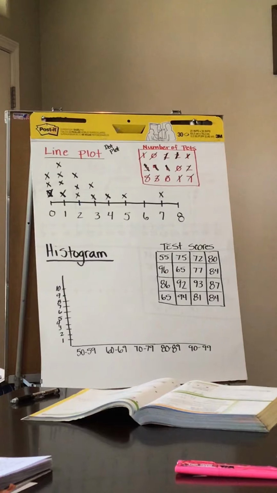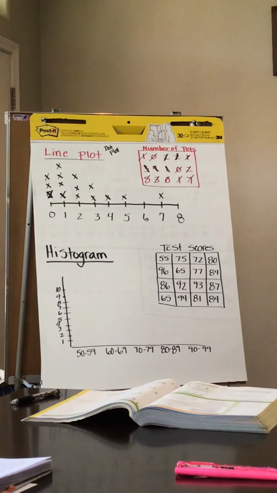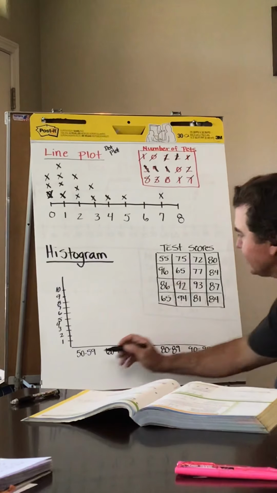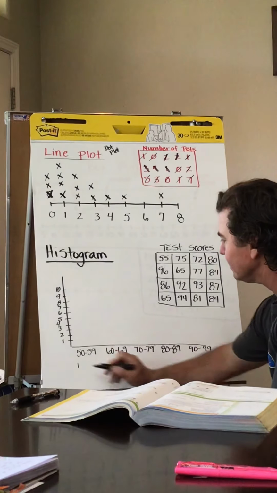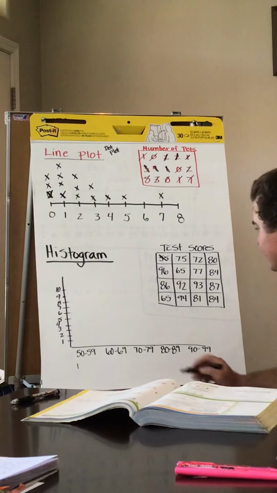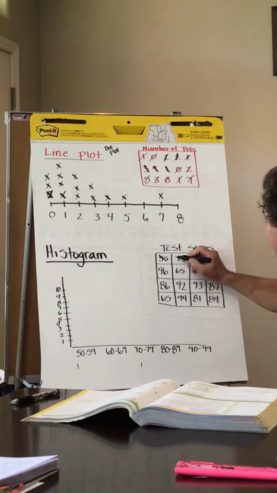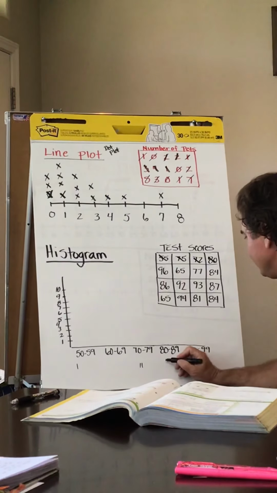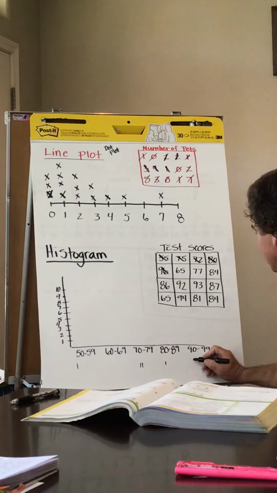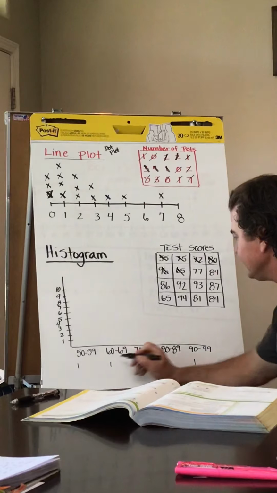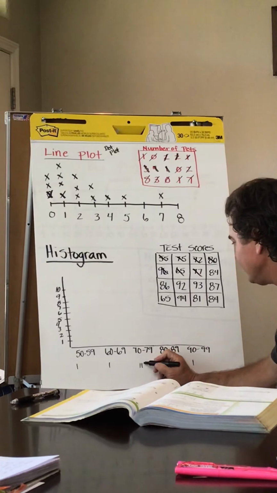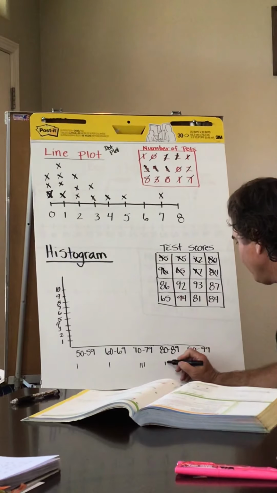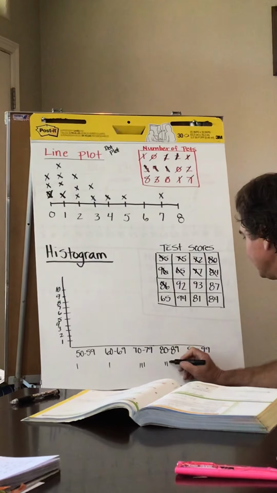All right, so again, I've got to look at my data here, and on this histogram, I've got to figure out how many, okay, so 55 is going in this category, right? I'm going to do a little tally down here. 55's there, 75's here, 72 is also here, 80 is right here, 96 is in this one, 65 is here, 77 is here, 84 is here, 86,